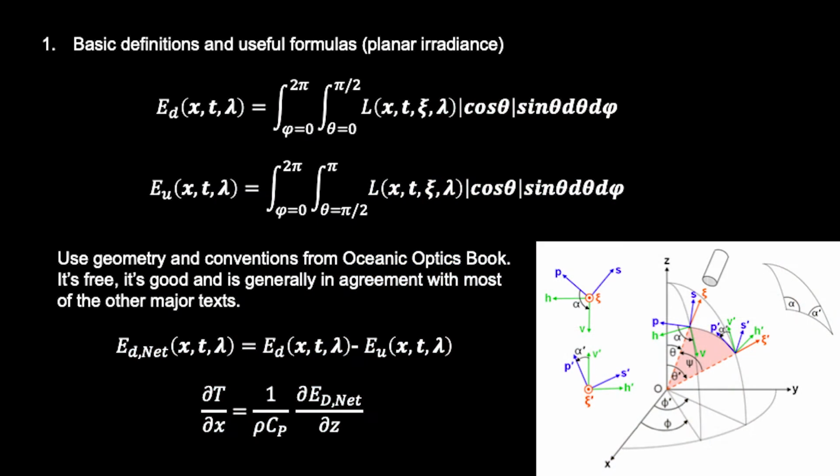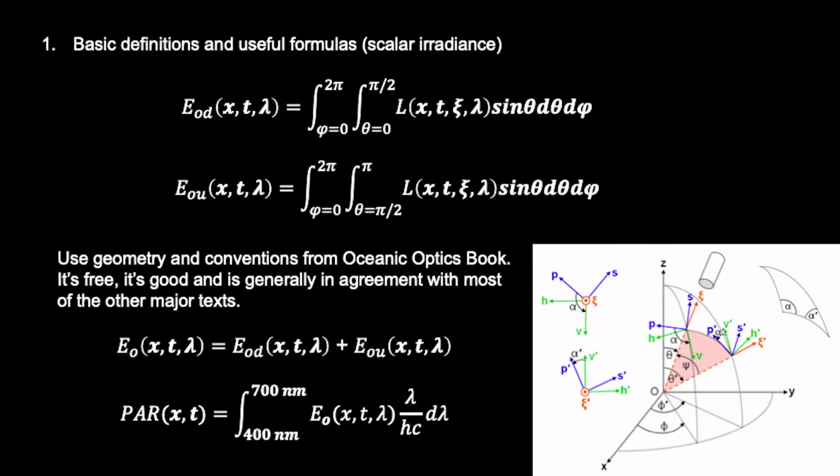So a couple more basic definitions. Peng Wang covered the fluxes. All I wanted to say about this is the planar irradiance is all about energetics. It's about how much can you heat something if you have a net irradiance through a given depth in the atmosphere. So that tells you how much your atmosphere is going to heat up. And so planar irradiances are all about energetics. And then the scalar irradiance, it's not about energetics, it's about how many photons are going through a given volume. And so you have here this